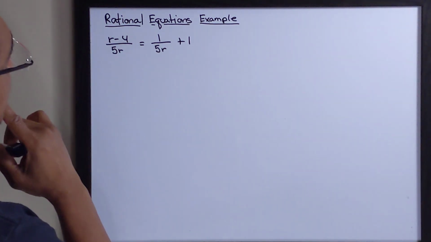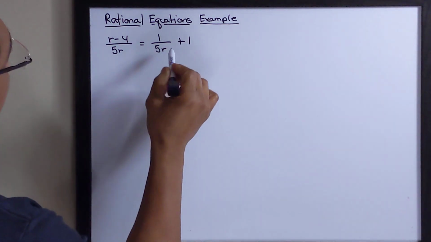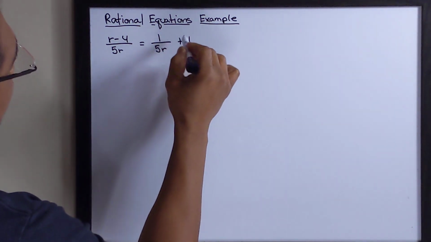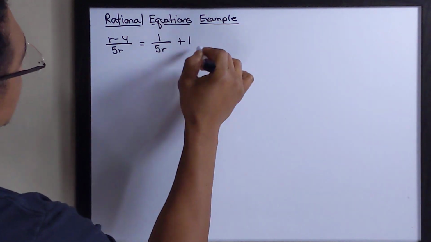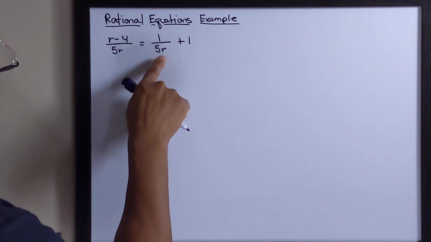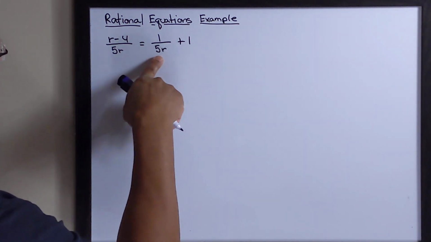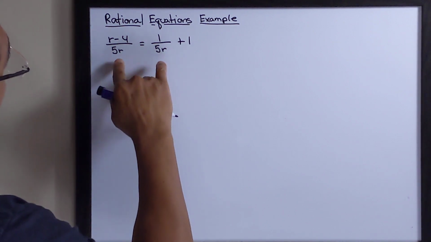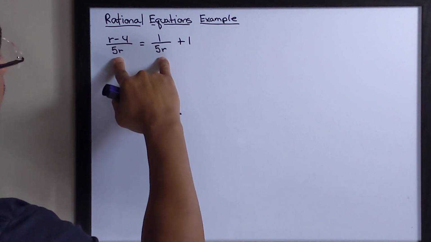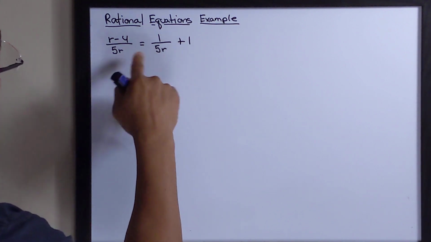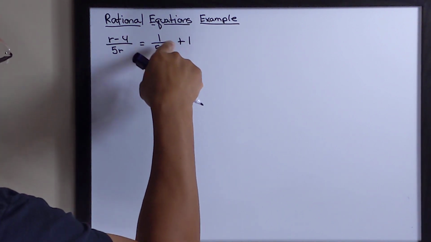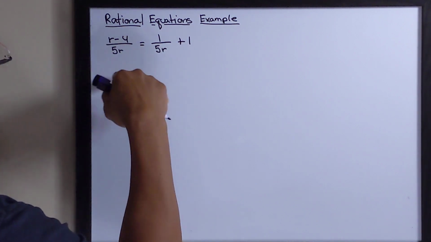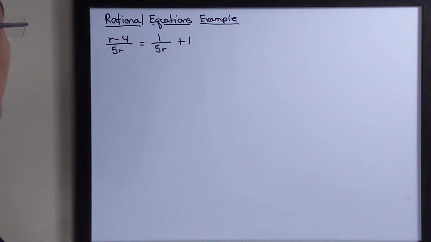When I first look at this problem, I look to see what I can solve on either side. What I don't want to do is create another fraction with the same denominator, but I look to see if there's a denominator on this side and a denominator on this side that's the same. So I have a common denominator, but it's on either side of the equation. So what I need to do is move one of these terms, either move this term to this side or move this term to this side, so they're on the same side, so I can actually add or subtract